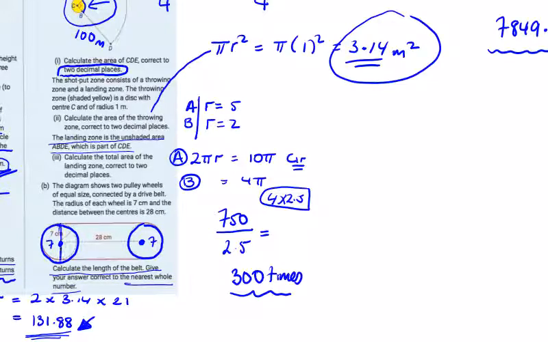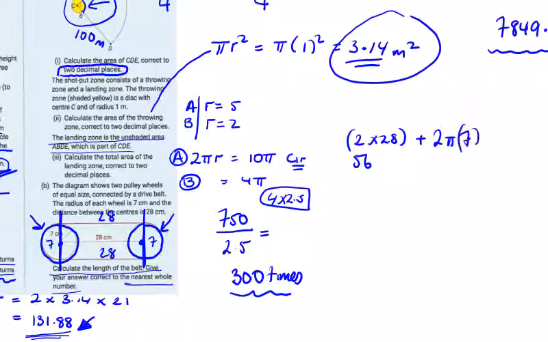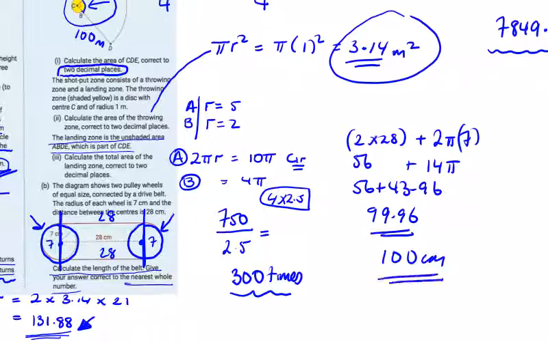So if we imagine that the belt has these 2 semicircles at the end of it, we could say that this whole circular end and this one would add up to 1 full circle, and then we're left with 28 here and 28 here. So we have 56, 2 by 28, plus just 2 pi r, 2 by pi by 7, 56 plus 14 pi, and 14 by 3.14 is 43.96, 56 plus 43.96 is 99.96. To the nearest whole number, 100 centimeters for the length of this drive belt, and that's the end of 2D